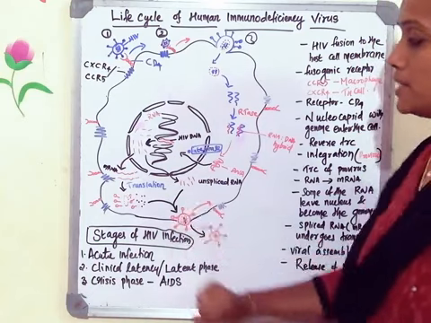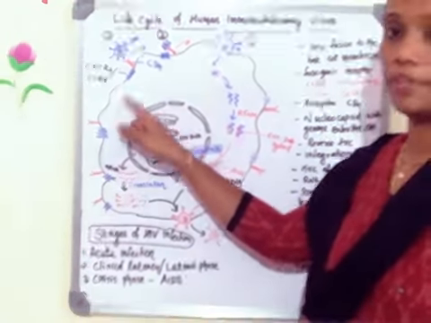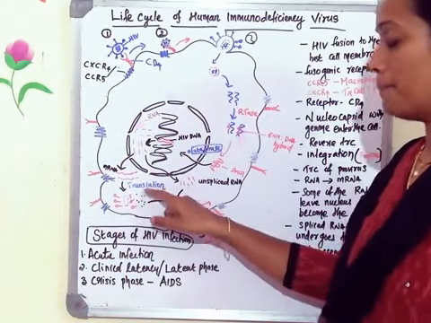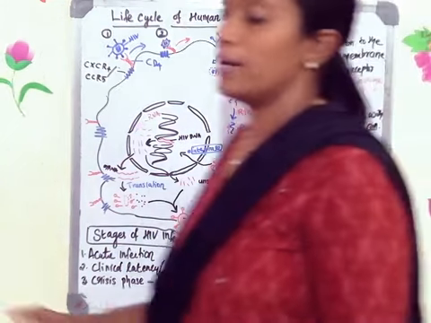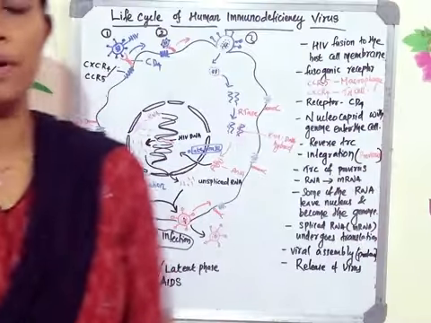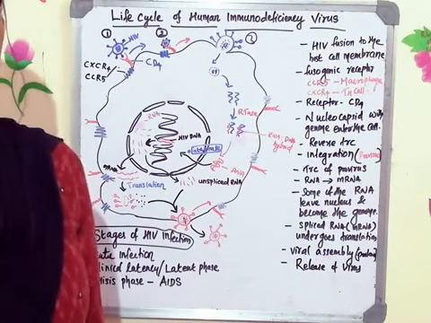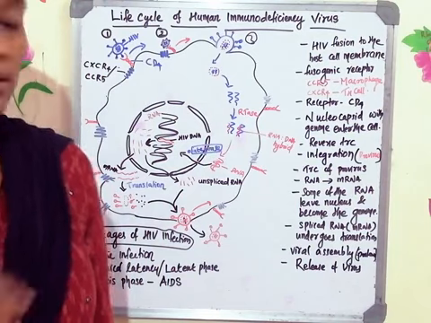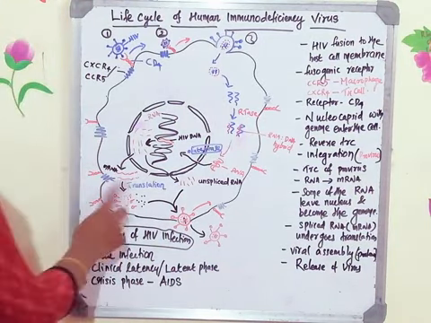So the mRNA which is formed will enter into translation, because in the cytoplasm there will be free ribosomes. Free ribosomes bind with that, and the translation happens, and all the viral proteins are synthesized. You tell me what the different viral proteins are: glycoprotein 40, 41, glycoprotein 120, then the nuclear core protein, and all the enzymes, 3 different types of enzyme: protease, integrase, and the reverse transcriptase. All those proteins will be synthesized in the cytoplasm.